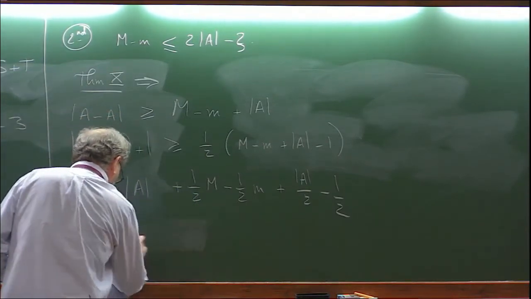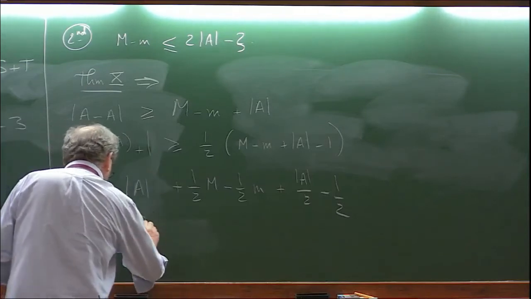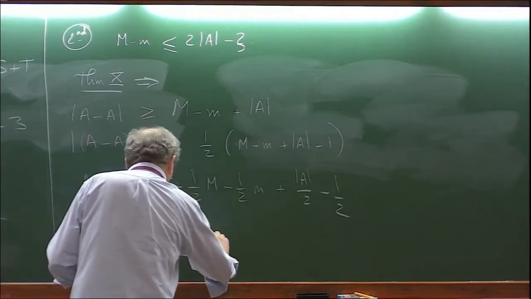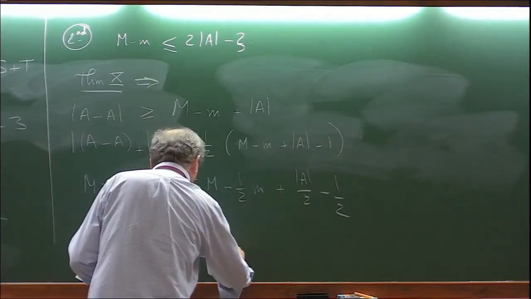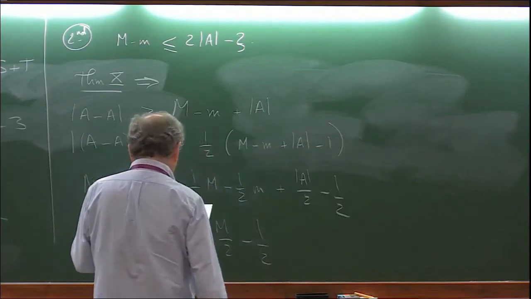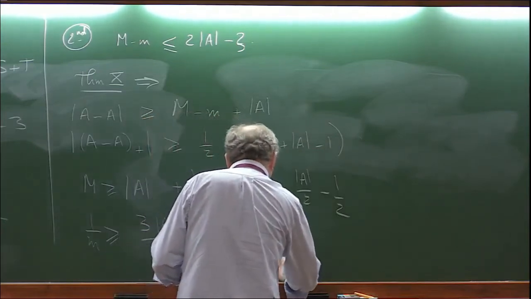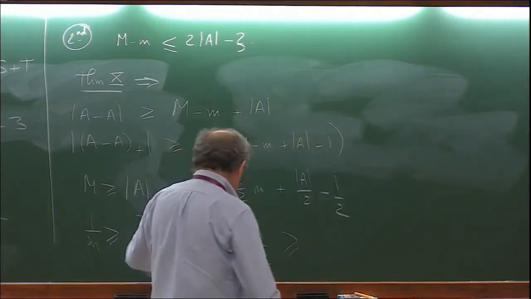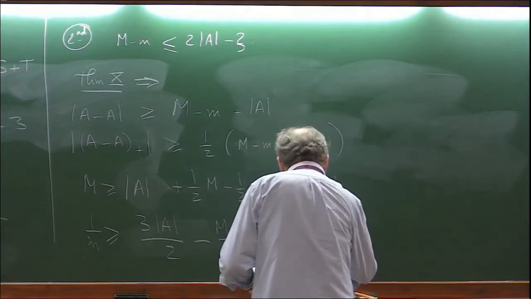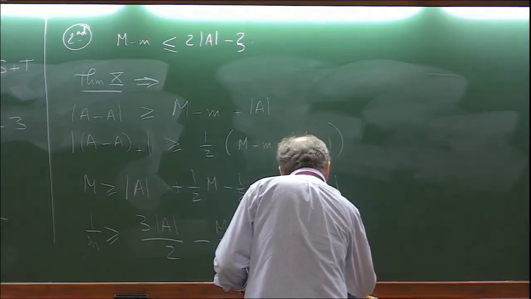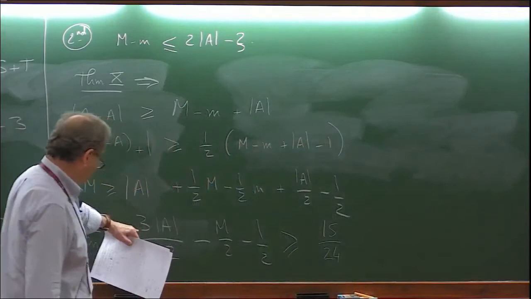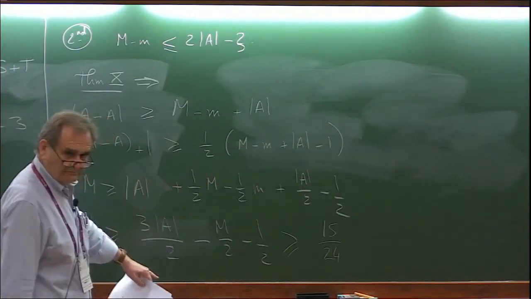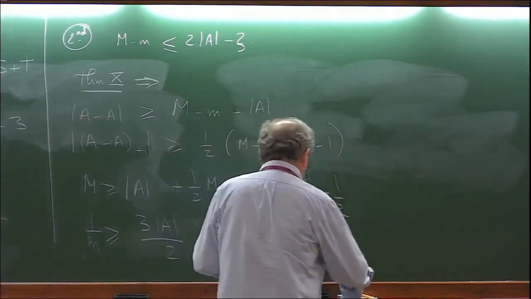Maybe, since I am hesitating, I had better write this so that you can see whether it makes sense. Minus m over 2 minus 1/2. Okay, this is just to concentrate the thing, and you see that A is larger than something in M. So you forget that, you put M somewhere here, and you get something which is 15 over 24. This is fine, the 15 over 24, because you are multiplying 5 over 12 by 3 over 2. So this makes sense, times M.